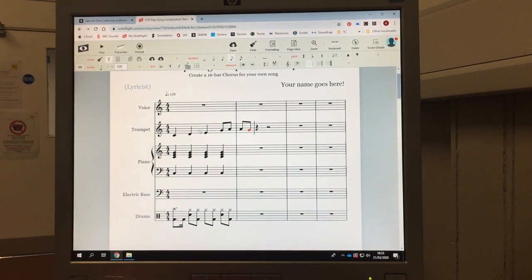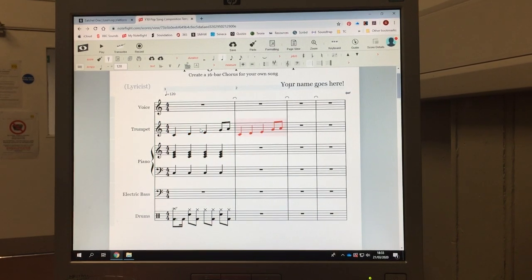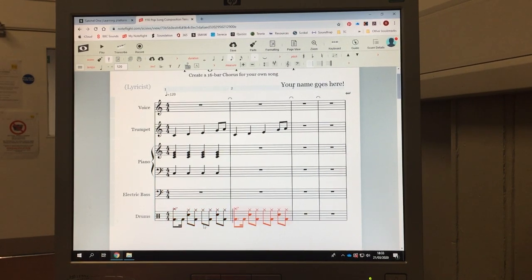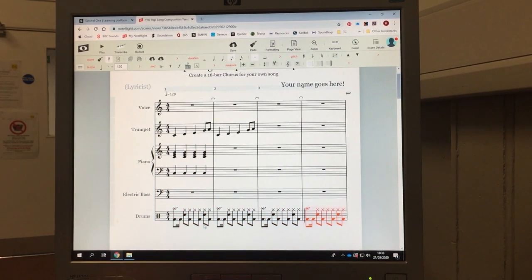If you want to repeat a whole bar, click in between the notes, just like you do in Sibelius, those of you who have used the program, and press R again, and it will repeat the whole bar straight away. Very, very useful, particularly when you're doing drums down here at the bottom. If I want to repeat that bar, I just press R as many times as I want to make my